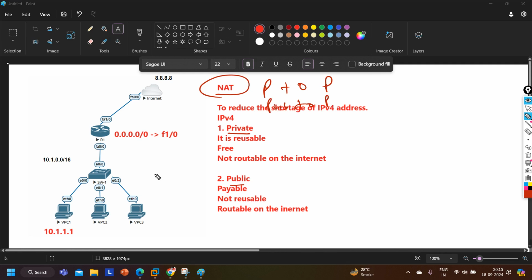Like if you want to hide your IP address, let's say this is my server and I want to hide the actual IP address of my server for security reasons. So I can use NAT. I can even configure dual NAT: one for all employees to be able to access the internet, and one to hide the IP address.